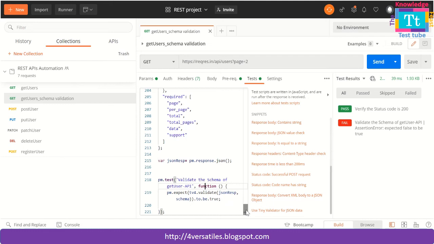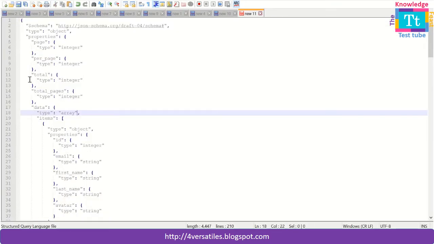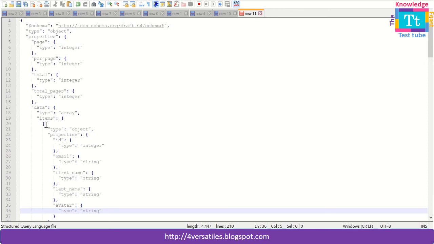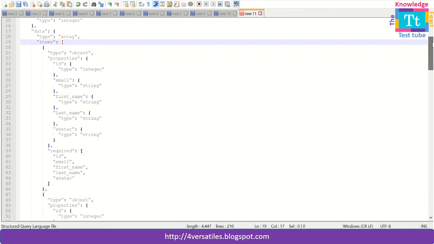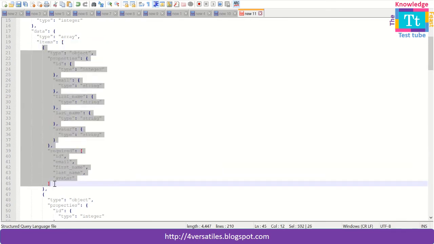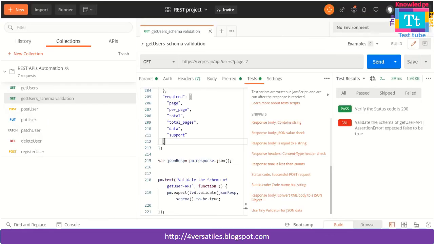And let me show you one more interesting fact. This is going to be even more interesting, and it won't be as clumsy also. So here you see this data is an array, and it has many elements, and these elements are of similar type. So instead of keeping all these repetitive elements, what you can do is remove all of them and keep only one.